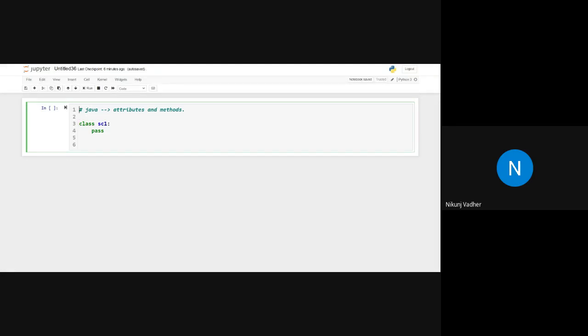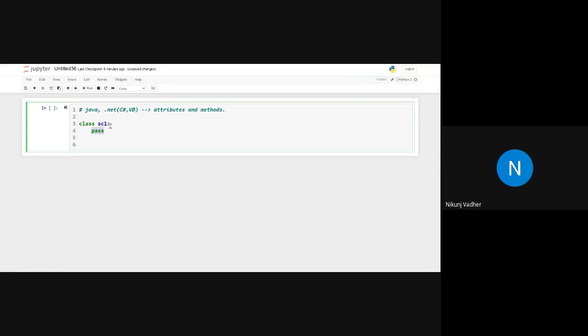In Java or .NET, meaning C Sharp or VB, everywhere you have to specify the complete template of the class first, and then you can use it. Here we have written pass, so it doesn't create any error.